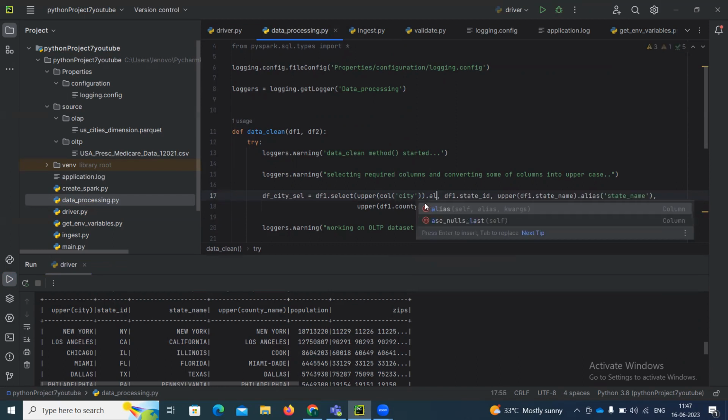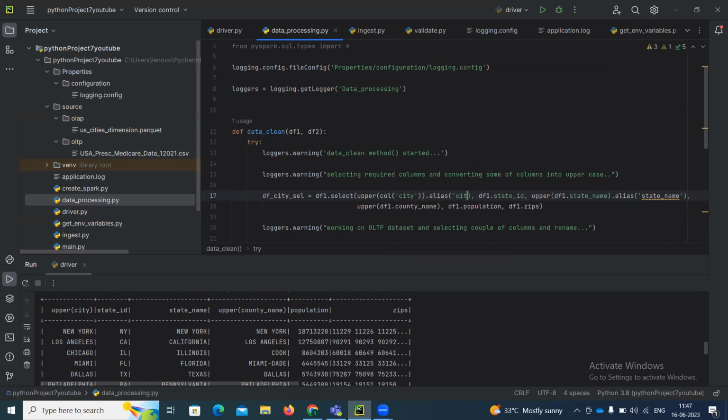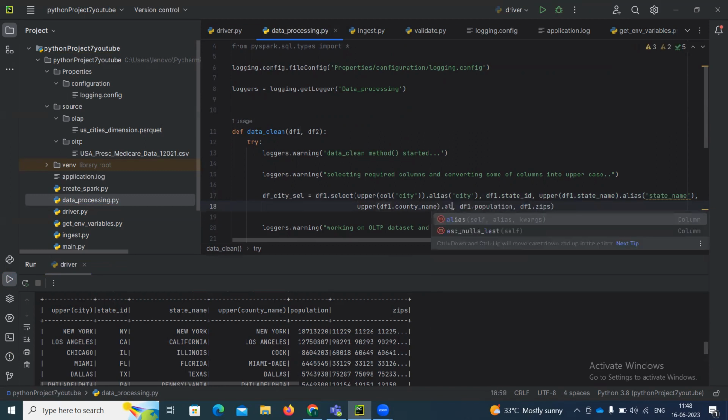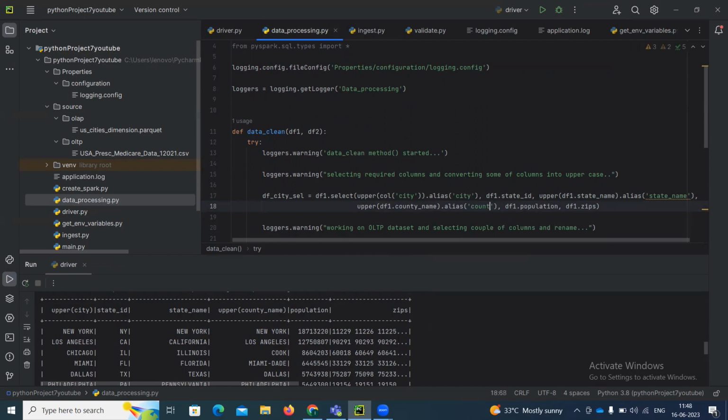Dot alias city. What was the other? County name, right? Dot alias county name. Okay,